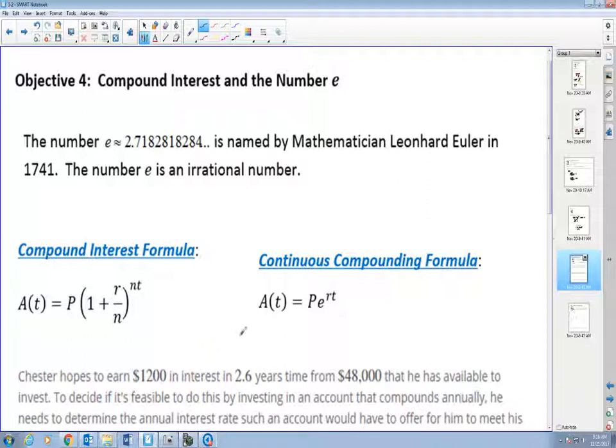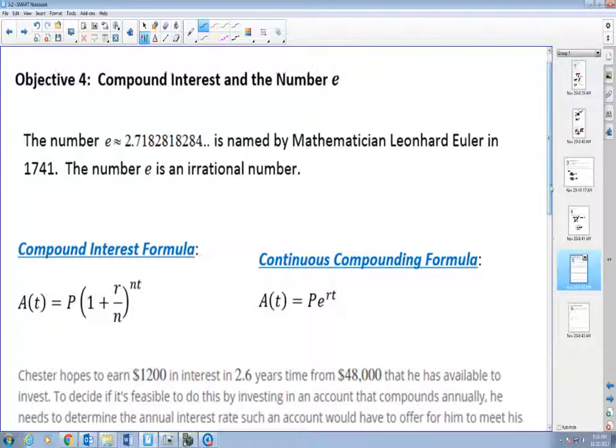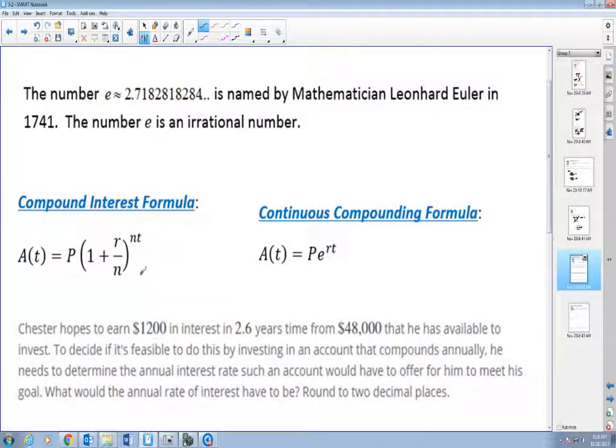As far as the compound interest formula here, it's an exponential explosion on the money. P refers to the principal, your initial investment. A sub T means the amount after so many years compounded, the total amount of money that is in your account. So this A sub T has the principal plus the interest in it. R is your interest rate, T is your time in years, and the lowercase n